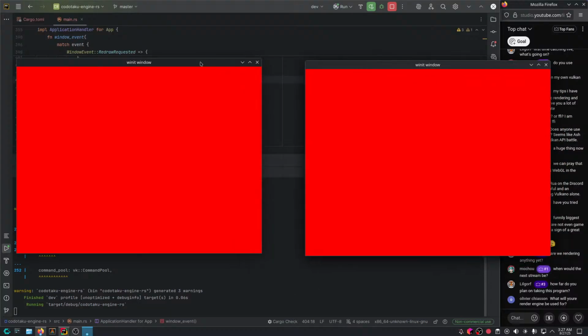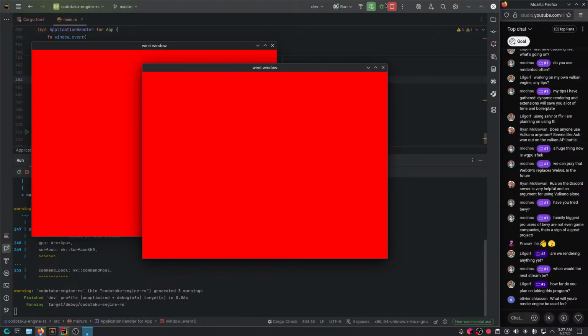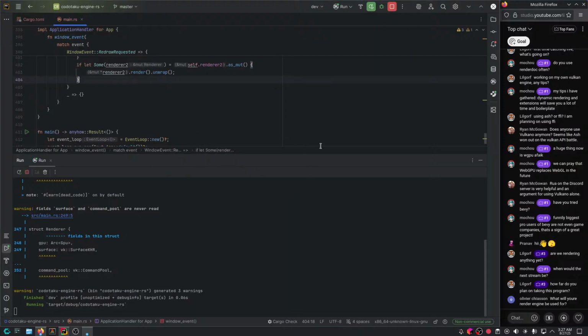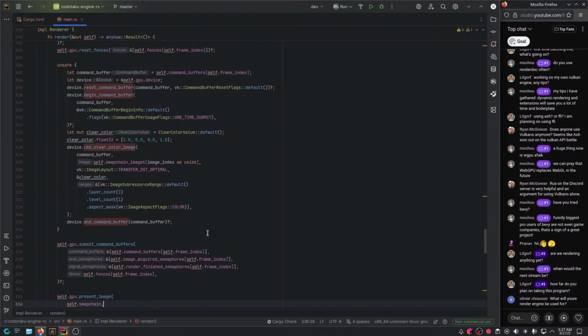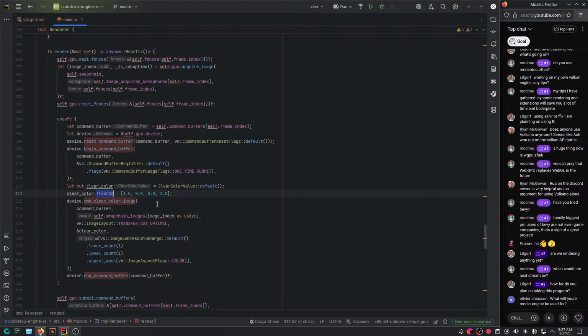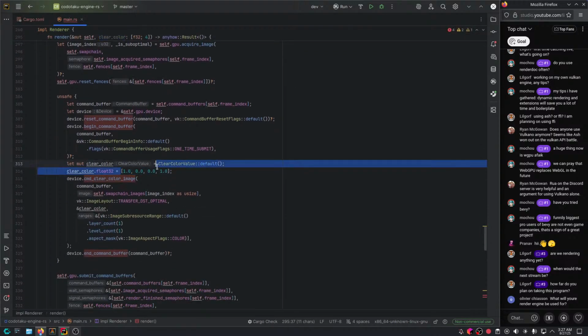And as you can see, multi-window rendering is also working with Vulkan pretty good. Lovely. Though we could also take this clear color here, like you could say clear color is basically F32 for, I think. Yep, there we go. And we could say clear color is equal to this.